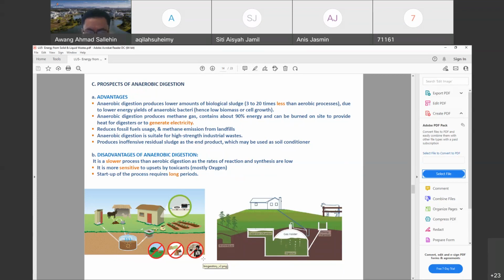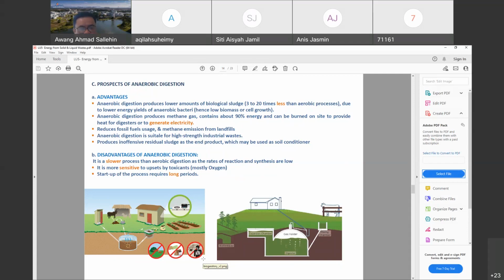However, there's a long list of advantages, but there are also disadvantages of this anaerobic digestion. Of course, when it comes to utilizing microbes, it's a slow process. Compared to aerobic digestion, where it requires oxygen, the rate of reaction and synthesis will be much higher. So in the case of anaerobic digestion, it's a slow process, and the rate of reaction and synthesis is much lower. That's why every household has this sort of digester in place that helps in digesting all those organic waste and then reducing the gases and also producing clean water